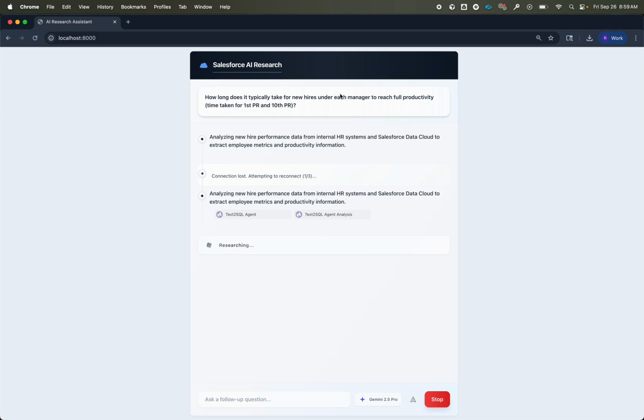And then we should have a report ready for export or further analysis. So what you're seeing is not just a simple query. It's an intelligent research process that understands complex natural language questions, intelligently and automatically selects the right data sources and tools, and executes sophisticated SQL queries against our data cloud. And all of this to provide actionable insights in a professional format, which, frankly, in my opinion, is the most